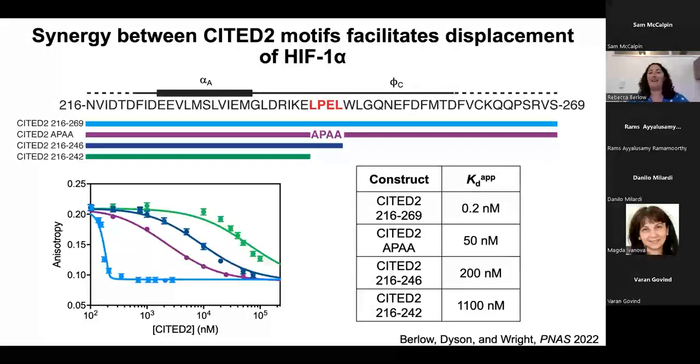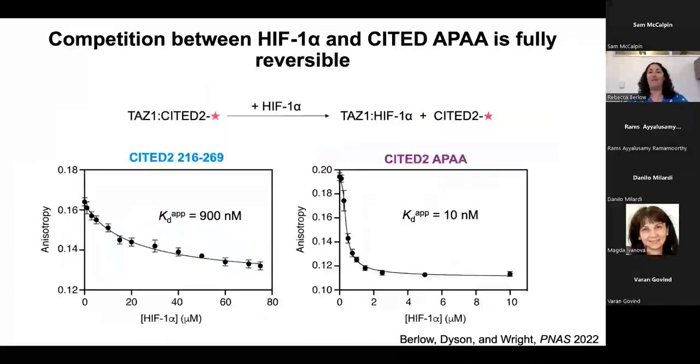And so at this point, I hope that I didn't rush through the data too much and that you were able to grasp the idea that this APAA peptide, which we use for some of our biophysical measurements, actually isn't a really good negative control, because we observed in our competition experiment that it's still able to compete with a KD apparent of 50 nanomolar. And anybody that's ever looked at inhibitor development knows 50 nanomolar is still pretty good. So we were really curious why it functioned as a negative control in our experiment, since it's still doing a pretty good job of competing with HIF-1 alpha.